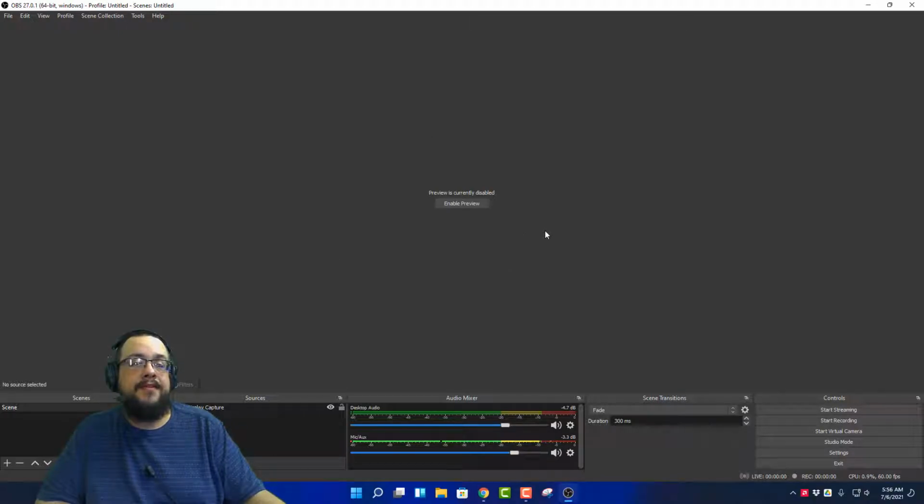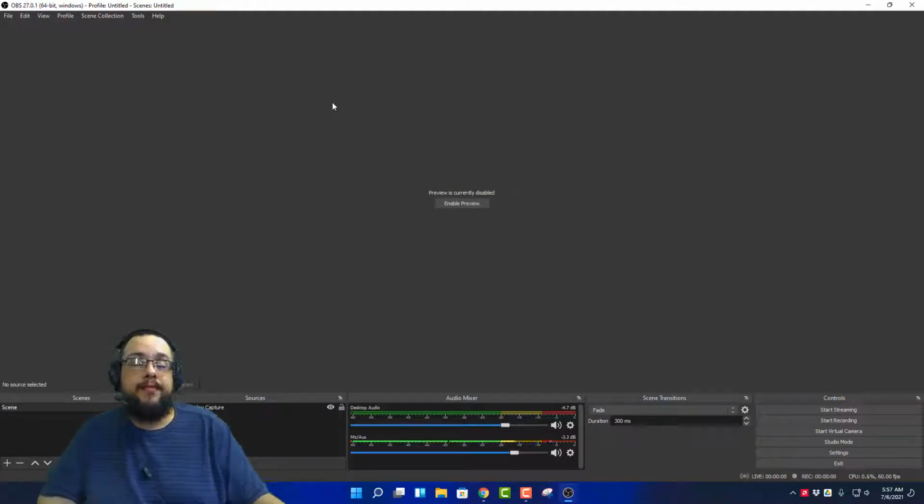But with MKV, if your computer crashes, the file format and the container will keep all the video that's been recorded to that point, and it'll still be accessible later. That's kind of the benefit of using that file format. It's just a basic container for the video itself. But we can't use that in our video editor, so what we need to do is remux